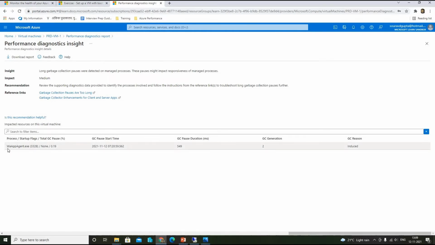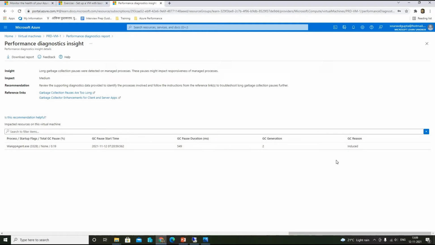If you go down, you will see wappagent.exe. This is the process name that is actually causing the high CPU usage. Then the GC pause start time, where GC is garbage collection, the pause duration in milliseconds, the garbage collection generation, and the garbage collection reason is induced.